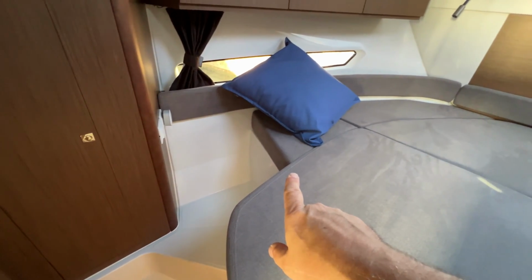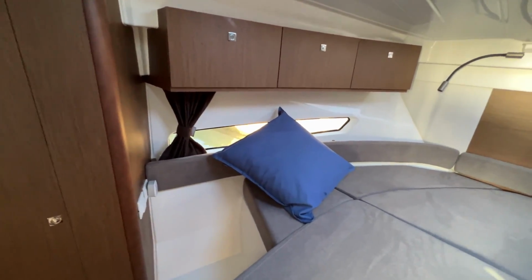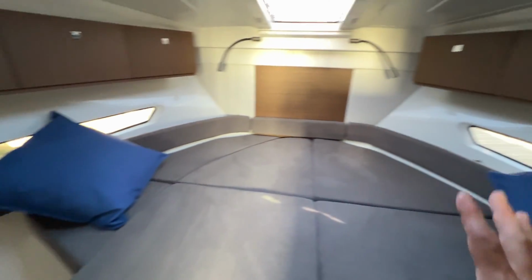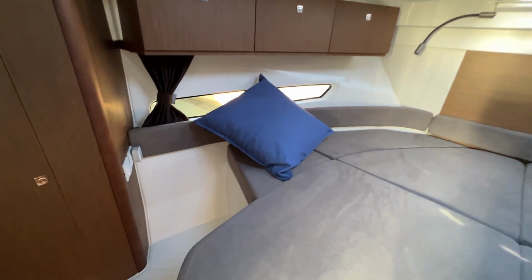And as you go round, we can see we've got a step up onto the bed, so we've got a nice extra little part here, and the windows will give us that really lovely view down onto the water. We feel like we're inside a boat here. We've got the bow flare here, and we can see down to the water. Very nice indeed. This cupboard here, which is rammed full of stuff at the moment, nice big hanging locker there,